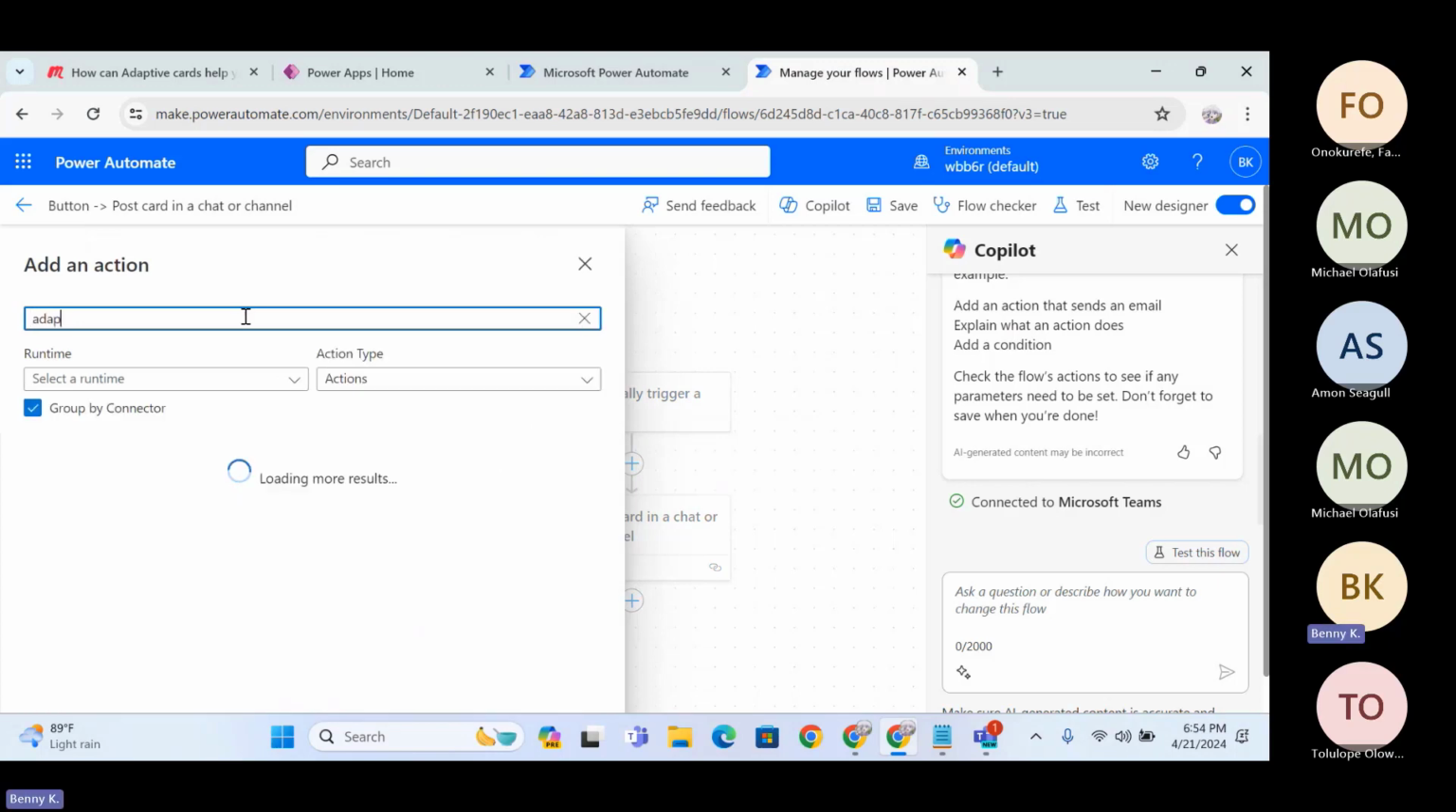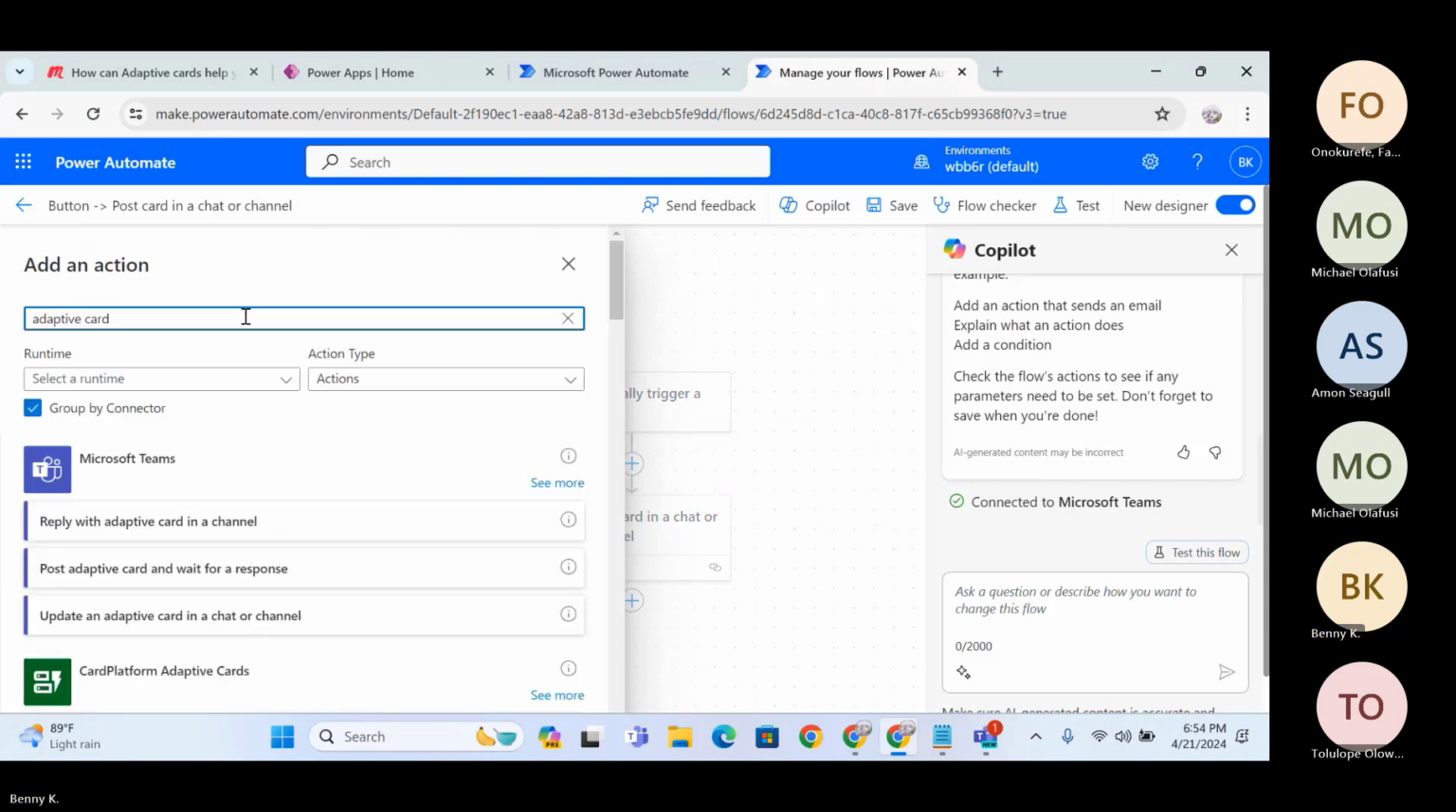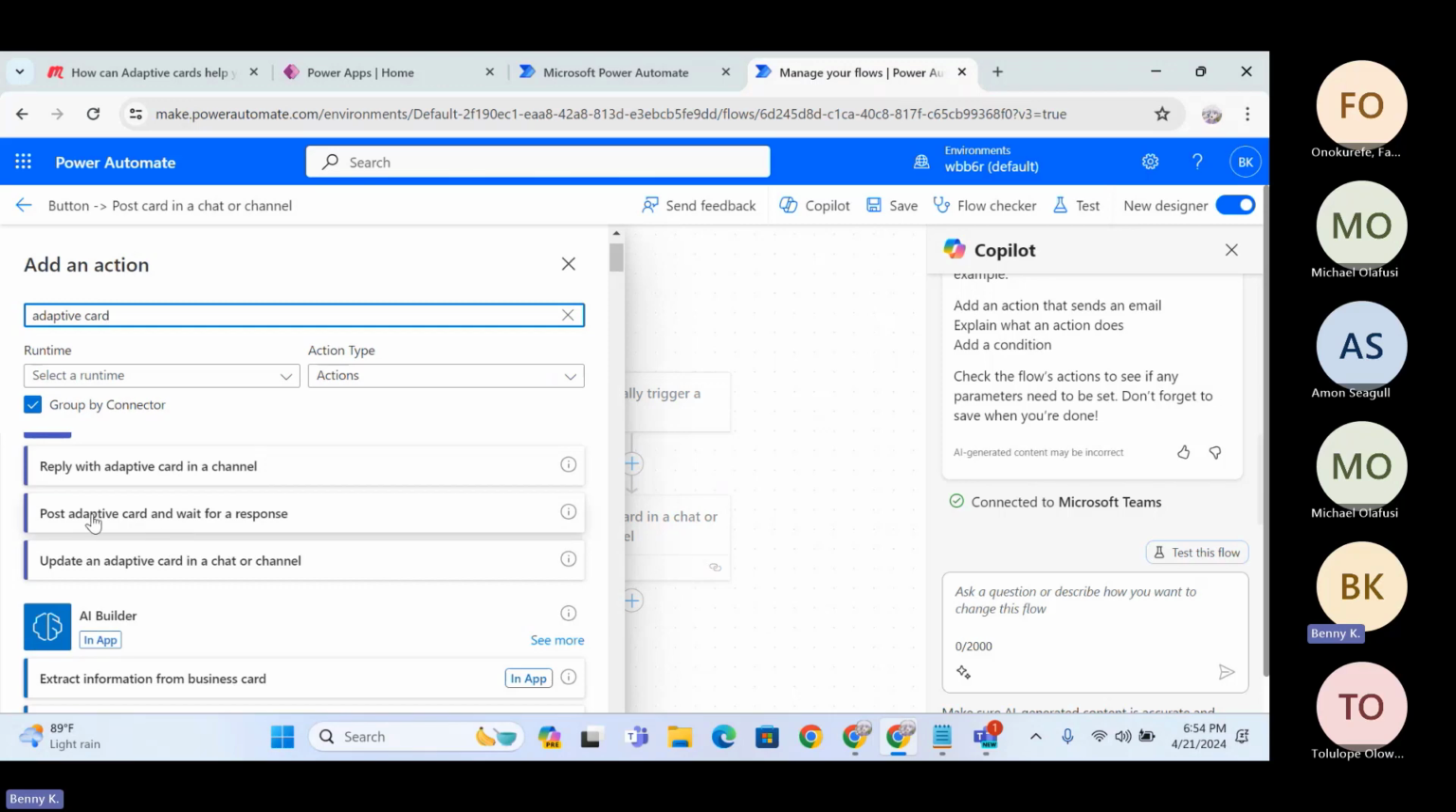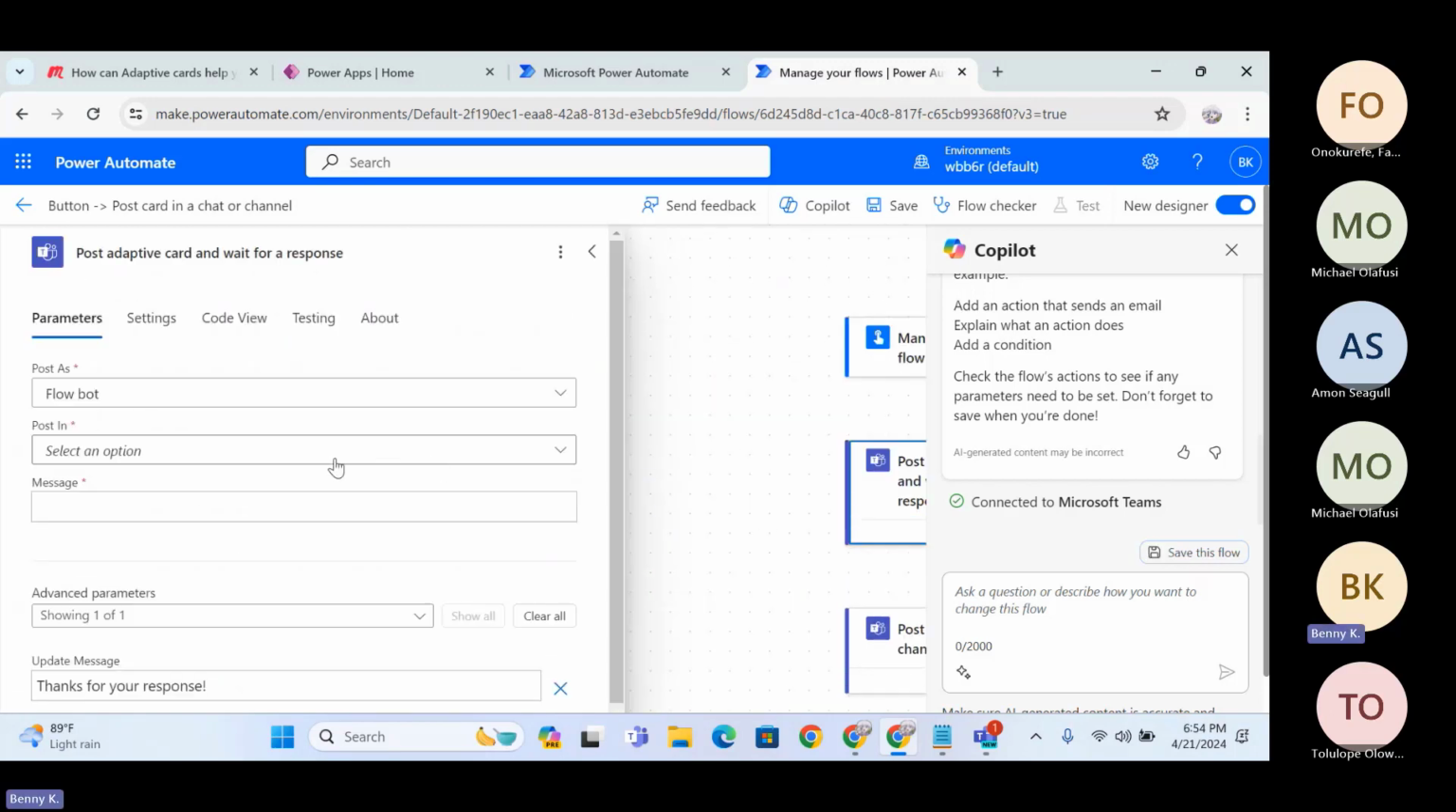adaptive cards again. What I actually want is to post this in a channel and actually wait for a response. So it should actually get a response from you. That's what our flow should have done. So I'll do the exact same thing again, which is